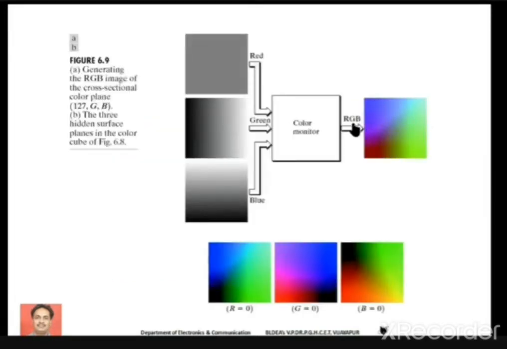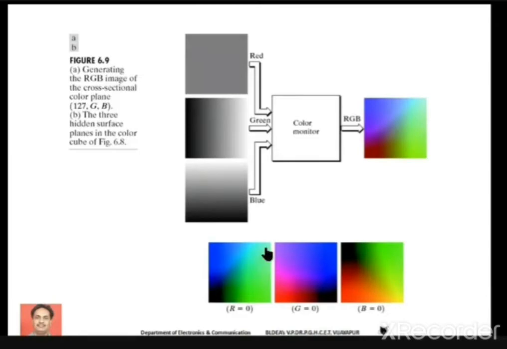In this slide, he has shown how the color images are generated. It is just a conceptual diagram for generation of a color image. For generating the color image, the idea is like this. We are going to use three filters, each for red color, green color, and blue color.